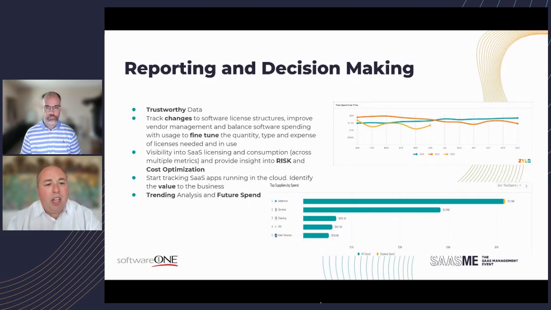And finally, the trending has become very important, and it's something that is new to the on-premise world. When it comes to SAM, there wasn't a lot of trending analysis done. However, when you look at SaaS, when you look at cloud and you look at your future spend, it's very important to know where those dollars are flowing, right? What's going into what? What are your installs doing? What are your renewals doing, right?